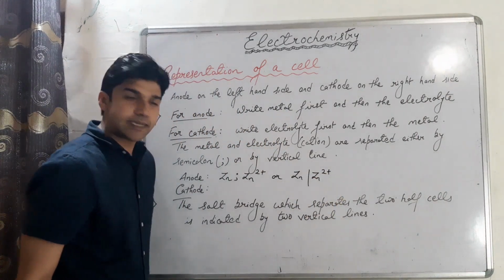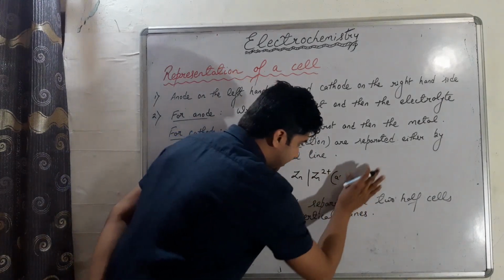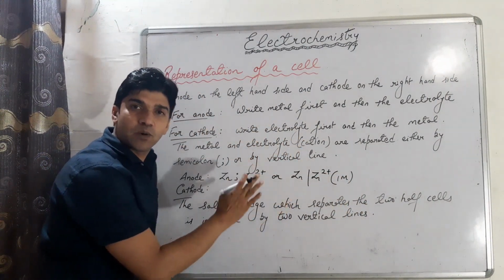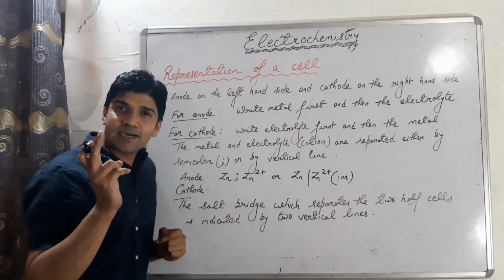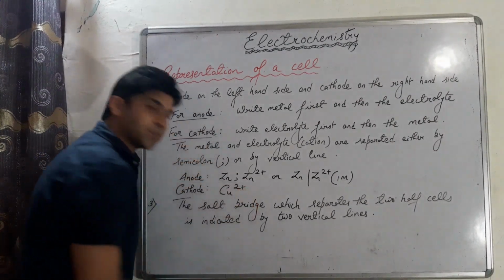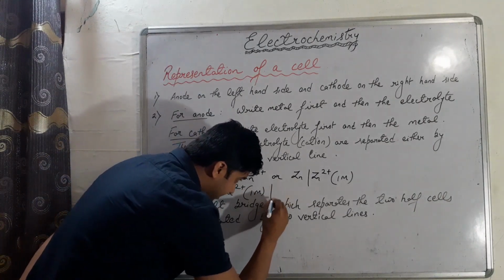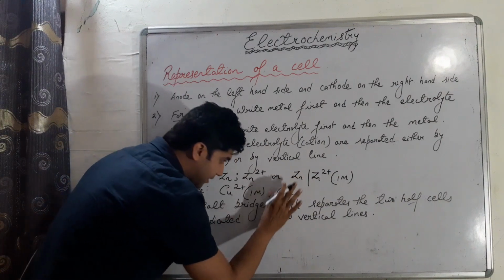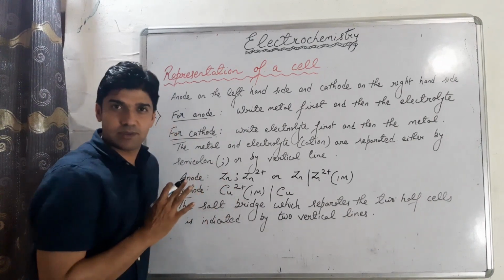ठीक है। साथ में उसका कंसेंट्रेशन भी शो कर सकते हैं, एक्वस कर सकते हैं, या फिर इट्स कंसेंट्रेशन, सपोज वी हैव 1 मोलर हियर, you can show like this the anode of an electrochemical cell. अब आते हैं कैथोड में। For cathode, first of all, the electrolyte and then the metal. The electrolyte is copper ion in 1 molar form, then vertical line and then copper. आप यहां पे सेमी कोलोन भी यूज कर सकते हो या फिर वर्टिकल लाइन यूज कर सकते हो, ठीक है। That's how you can show anode and cathode. क्लियर।